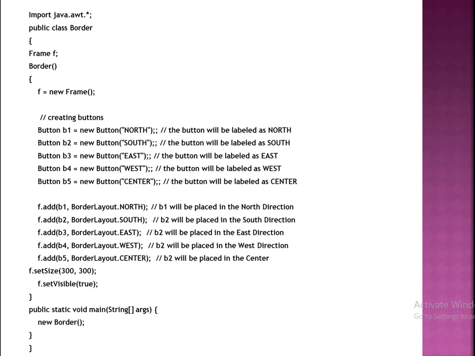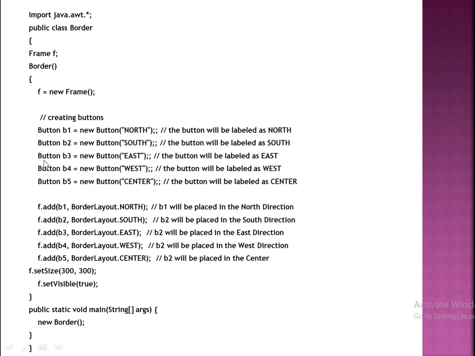Now we create 5 different buttons to place in the 5 regions. First button, B1 = new Button with the specific name North, so the button will be labeled North. Second, button B2 = new Button labeled South.